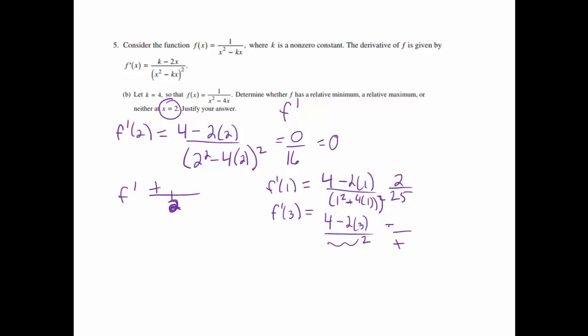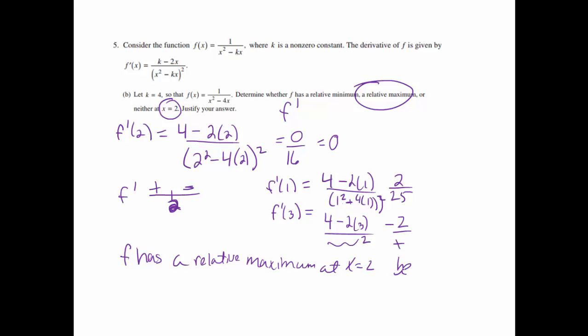And I'll get a negative 2 up top, so this is going to give me a negative answer. So since the derivative is changing from positive to negative, we know that we're going to have a relative maximum. So it says determine whether f has a relative minimum, maximum, or neither at x equals 2. I will say that f has a relative maximum at x equals 2 because